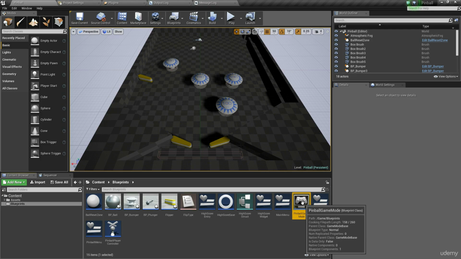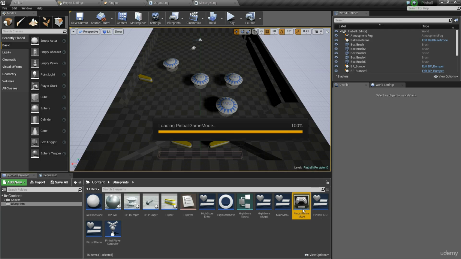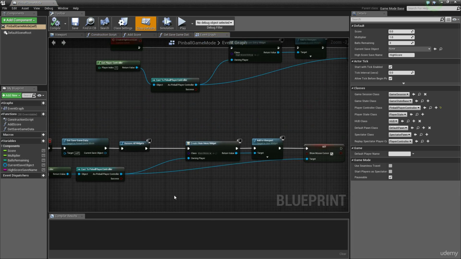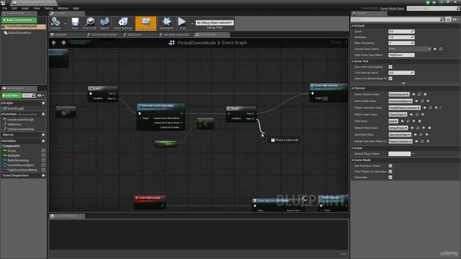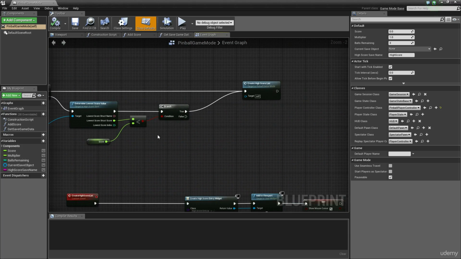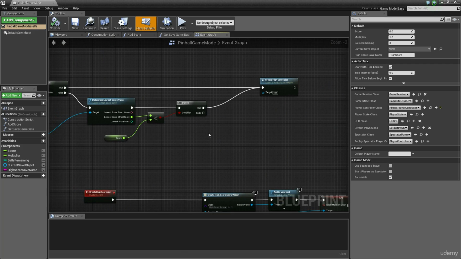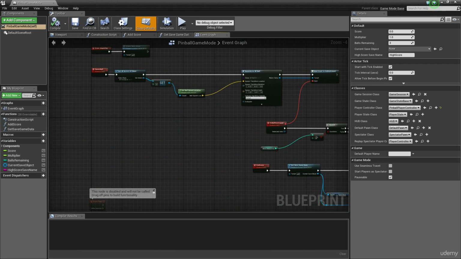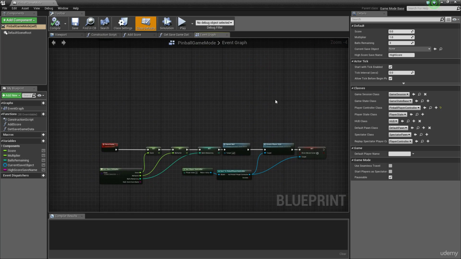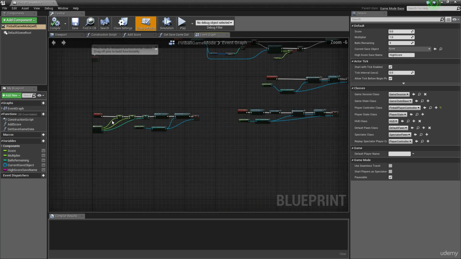So we have ourselves a basic win condition loop. When the game's over, it knows what to do if you've won and if you've got a high score. However, we are missing a little detail here, and that is what happens if you lose. So at the moment, if you fail to get a high score, this pin within end game never gets called. So it's a good idea for us to just add that in, otherwise you're going to have a very boring game once you lose. So to do that, all I need to do is call the function for either reset